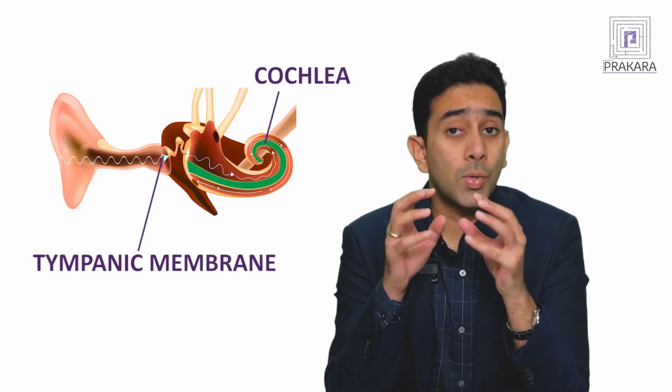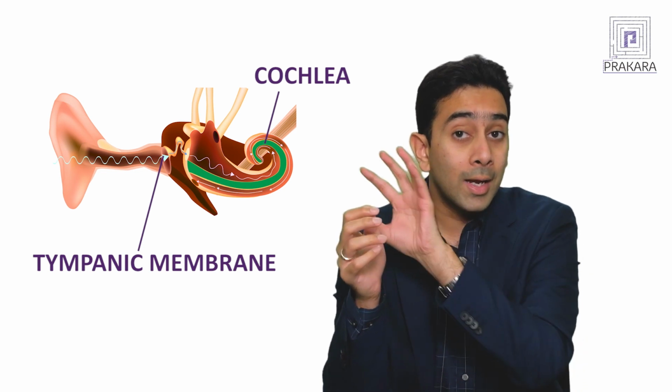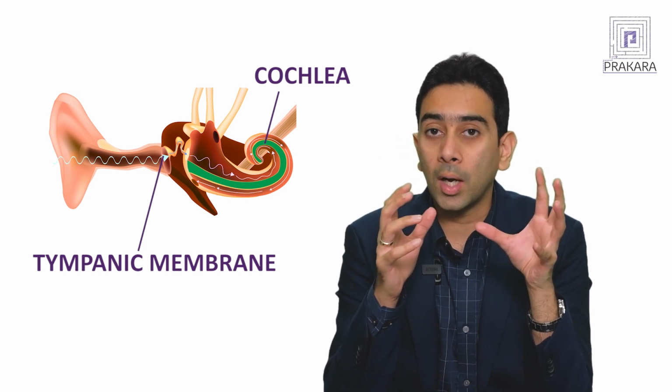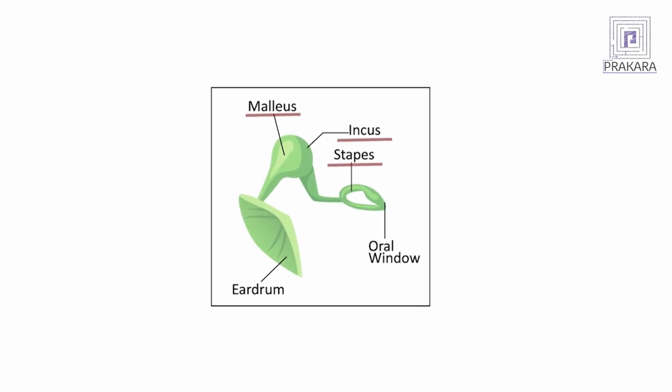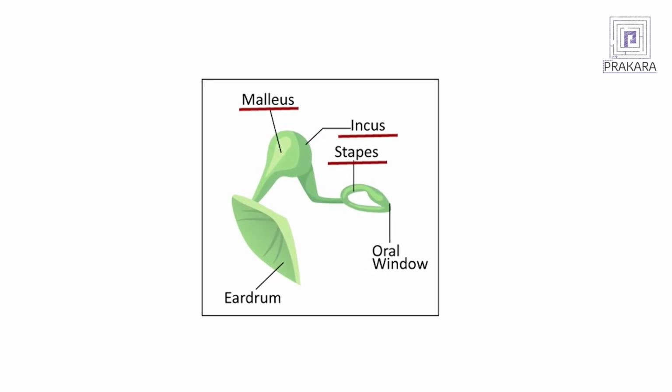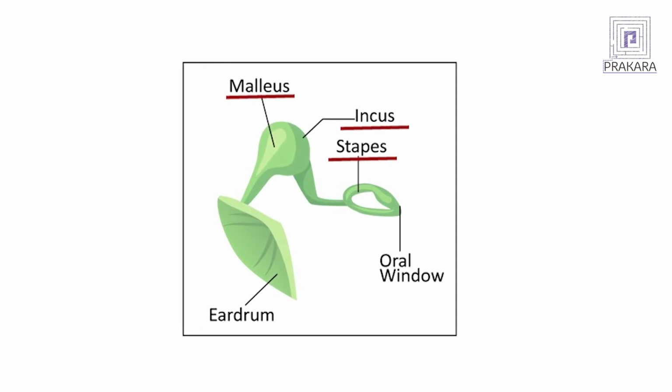Now let's talk a little bit in detail about the middle ear bones, the 3 ear ossicles. These are the smallest bones in the body and consist of the malleus, the incus, and the stapes. The job of these ear ossicles is to amplify the vibrations which come from the tympanic membrane or the eardrum and transmit these vibrations to the cochlea where it is picked up as sounds. These 3 bones, that is the malleus, incus, and the stapes, are the only bones in the human body which do not grow after birth, and therefore they are the smallest bones in the body.